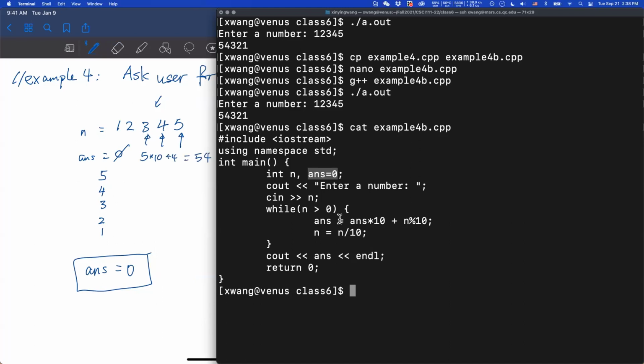And once you read the 3, you will multiply 54 by 10, and then add the 3, so you will have 543. And then when you read the 2, you will multiply 543 by 10 and add the 2, which writes the new last digit, and then you will have 5432. Until you hit the last digit, you do the same thing.